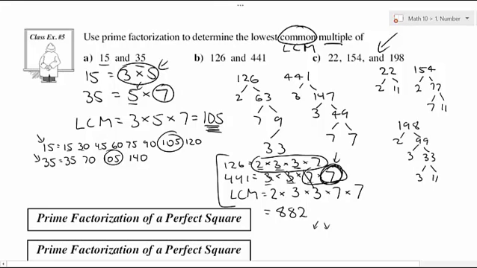With 22, you got 2 and 11. Okay, let's start with the number that has the most. So let's start with 2, 3, 3, and 11. Okay, so we just have to add this 7 because this is a 2 and 11 and this is a 2 and 11. So just add the 7. We multiply all that together and that's going to equal